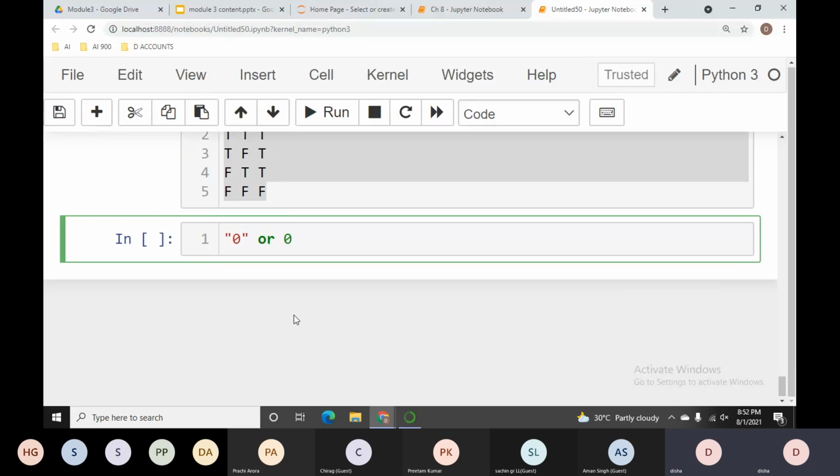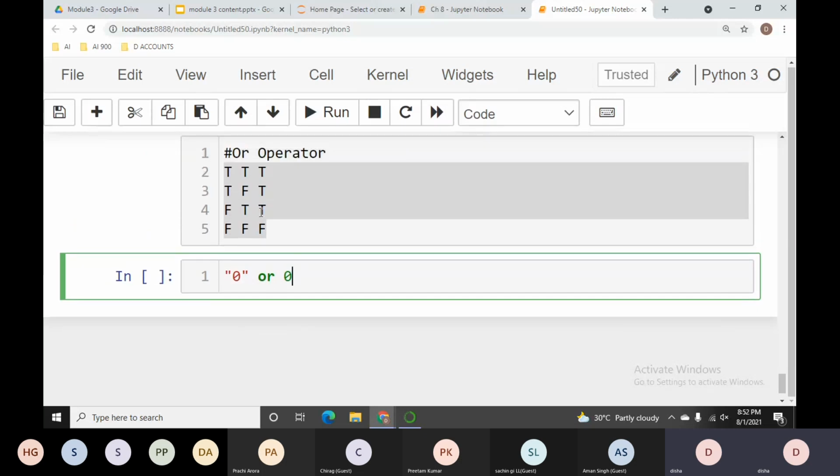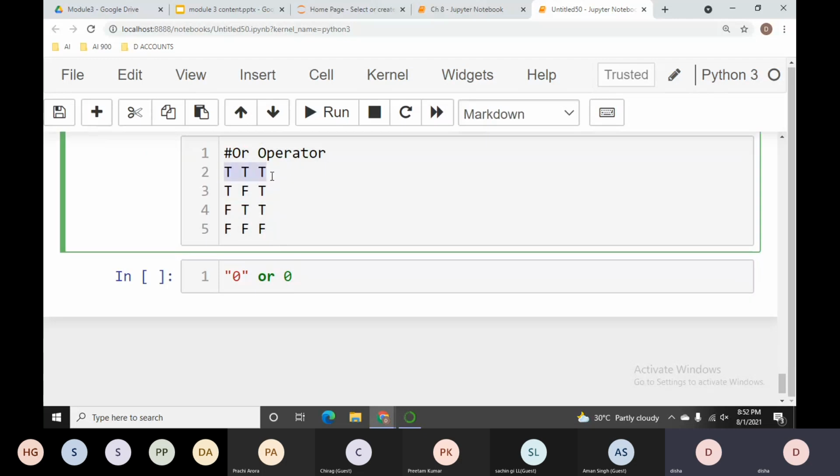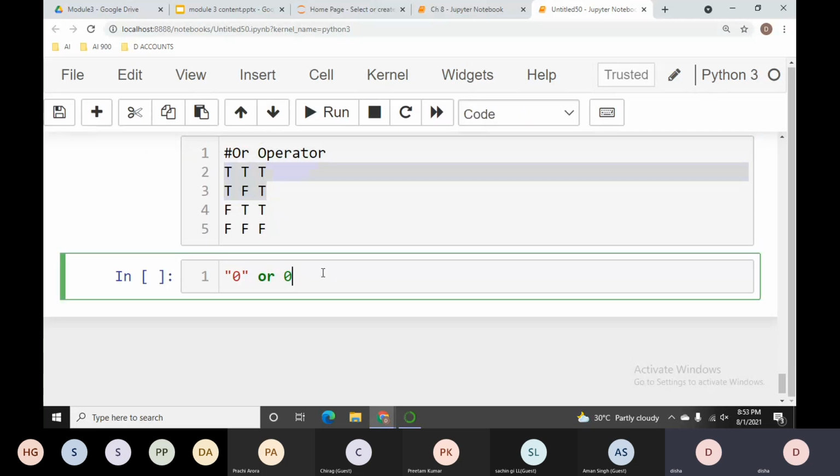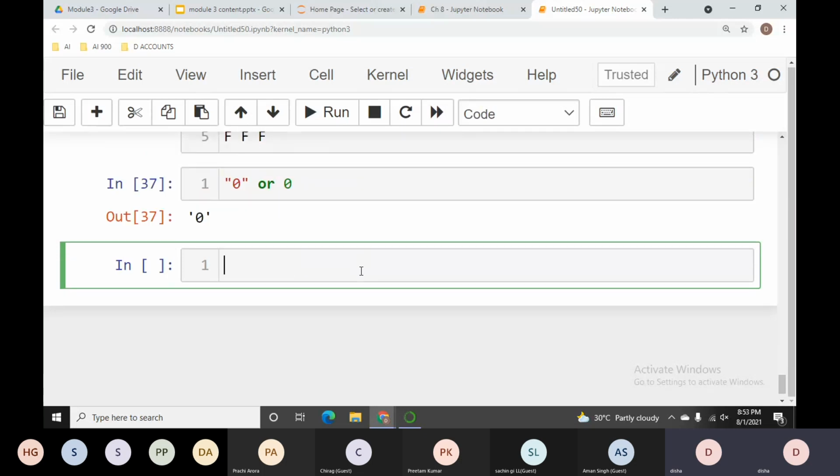Okay. So yeah, definitely 0 as a string means something is there in your string. That's why you are getting your first operand as true. Right? At that time, we won't take care of the second operand. Because if we have a look at our table, when our first value was true, our result is true in both statements. If our first operand is true, we will not take care of the second operand. Maybe this is false, maybe this is true, we will get the result true. And true here means we will get only the first operand as the result. Right? So this is our result.